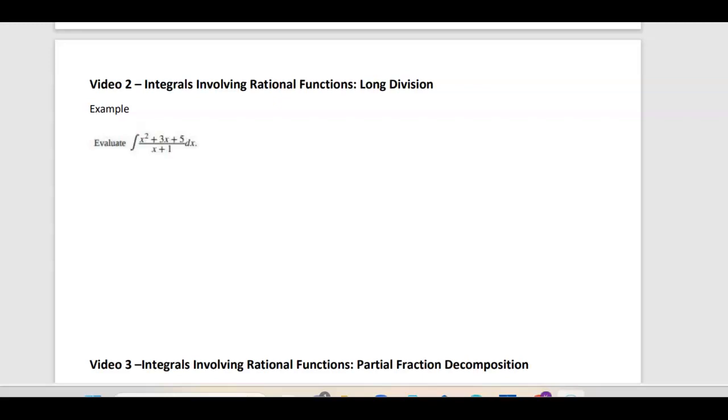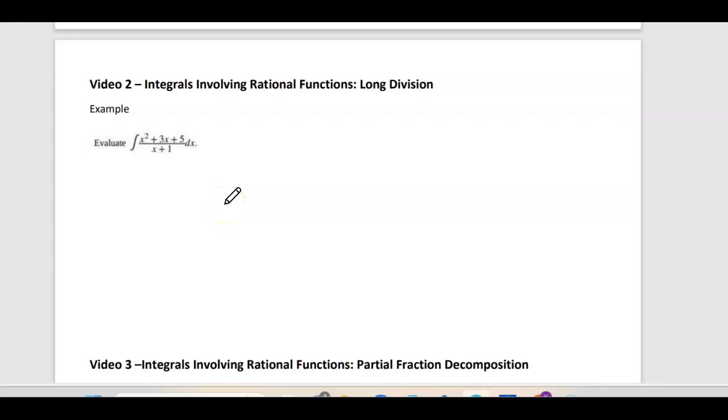All right, compared to trig substitution, integrating using long division is going to be very straightforward, for lack of a better way to say it. So let's talk about what you need to do. There are a couple different rational function integrals that we're going to be talking about. And upon investigation, once you look at what they look like at the very, very beginning, you're going to want